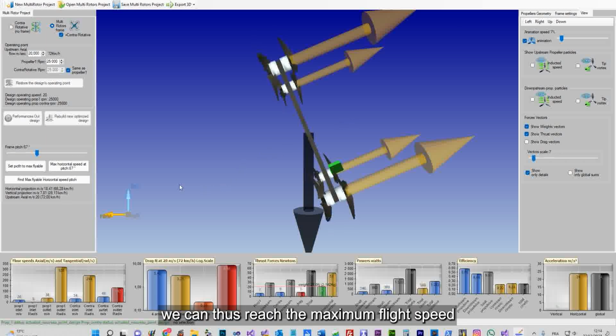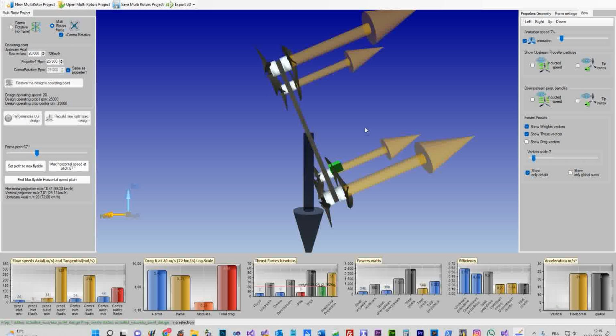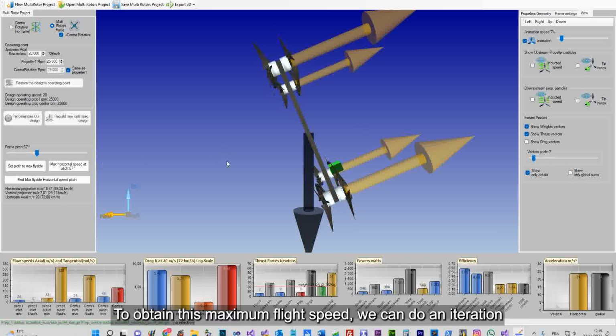We can thus reach the maximum flight speed, which generates a drag equal to the lift of the propellers. To obtain this maximum flight speed, we can do an iteration of tests until we obtain this maximum horizontal flight speed.